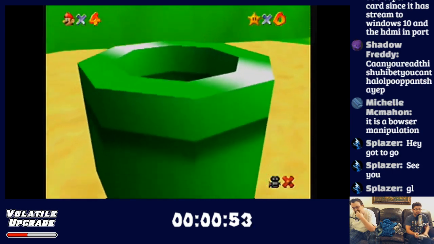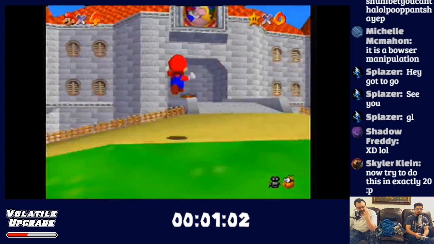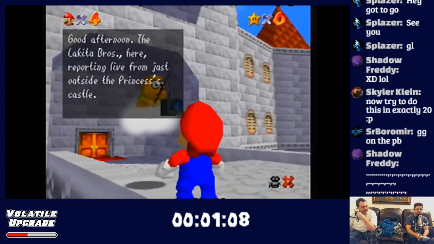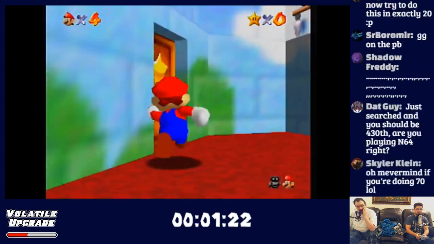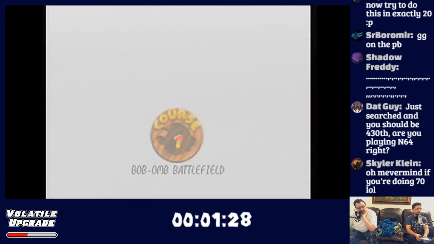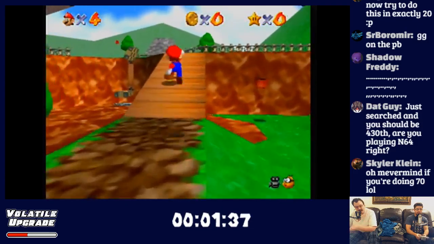Okay, now time for the 70 star. Yep. This is going to be much longer. Yeah, but a little more easygoing. I'm not too worried about this one. Shadow Freddy says XD lol. I cannot get that. Skylar says now try to do this in exactly 20. Well, this one's going to be a lot longer. For this one, there's a few different categories for this game. I do 16 stars and 70 stars. This is the 70 star run. So, the missed 70 star Lakitu run, glitch. I'm expecting to get about 1 hour and 45 minutes. But we're going to do another 16 afterwards, so I can try for 20. Because remember, I got the PB and I died, so...